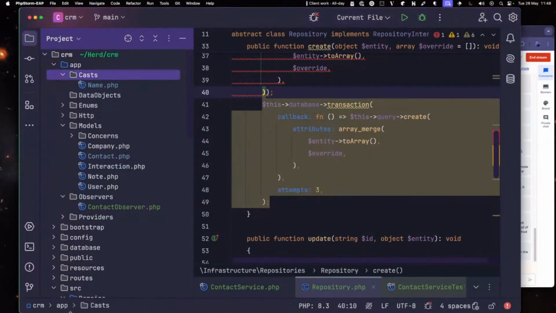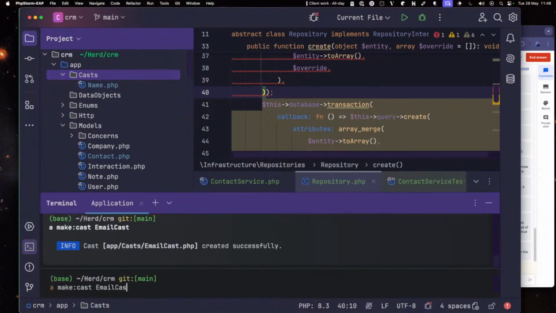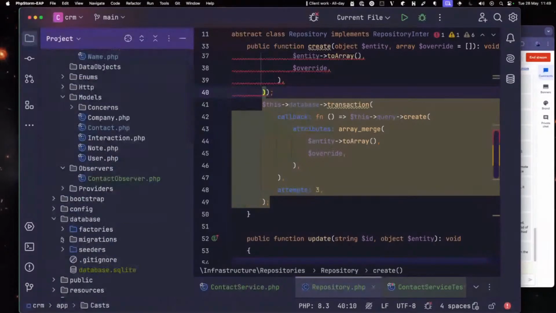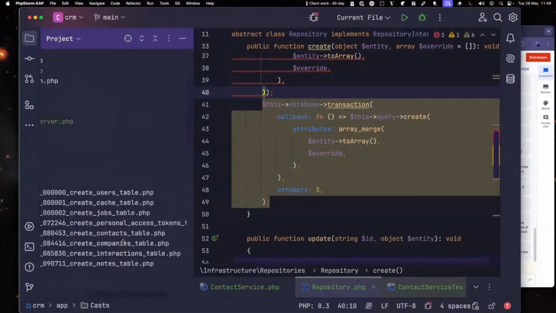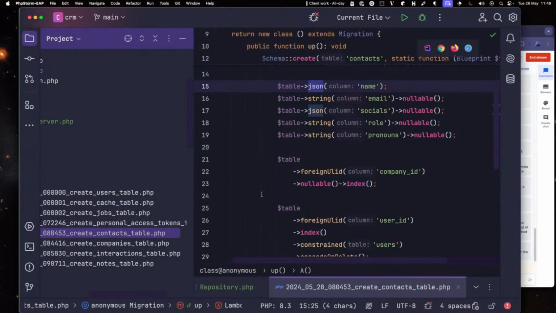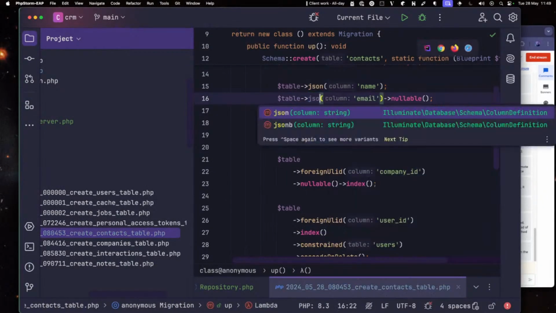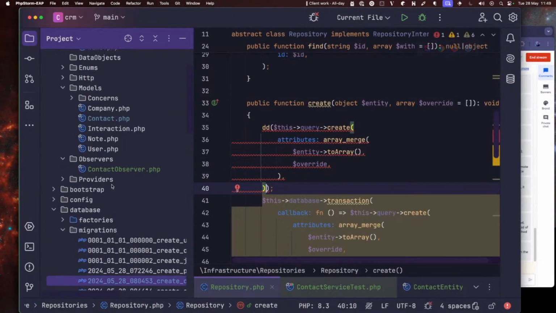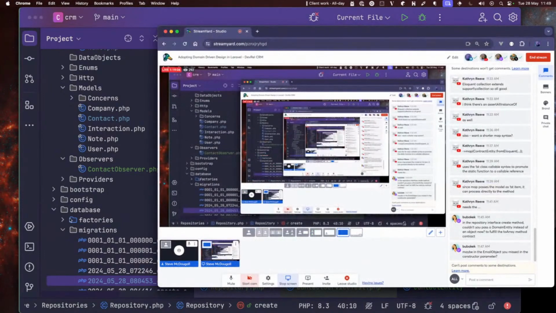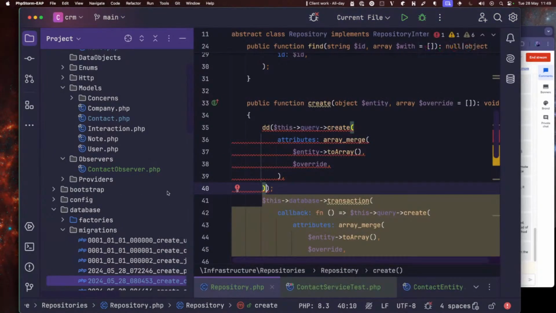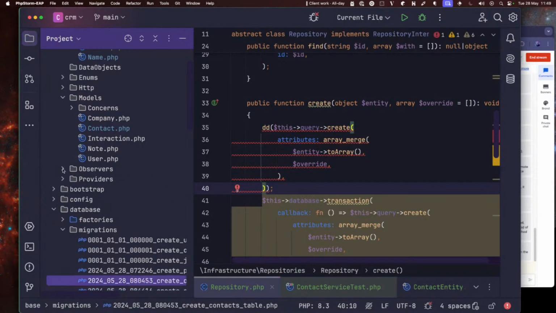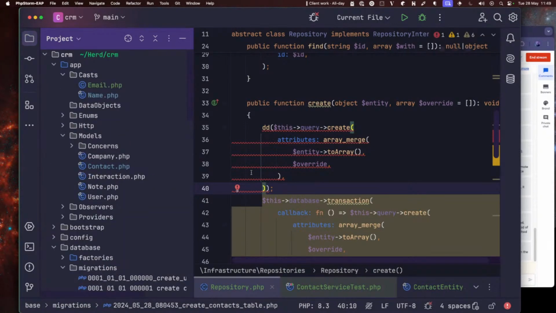Okay, let's just delete that and create it as an email. Like that. So this is going to get something different passed in. So down in our contracts here, this is going to be JSON. So we want to store the object itself, maybe. This is a problem with doing it this way sometimes. So on this email here,